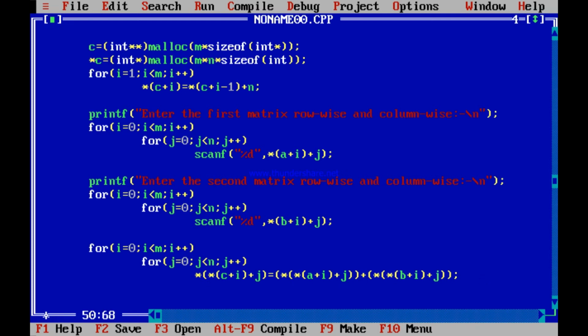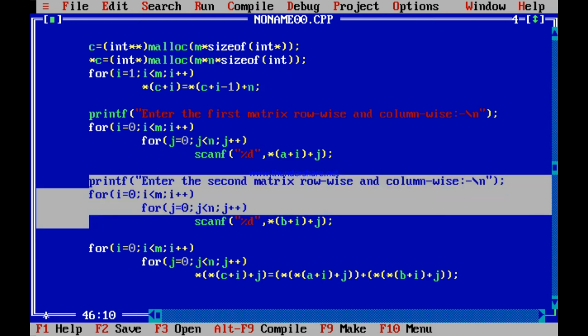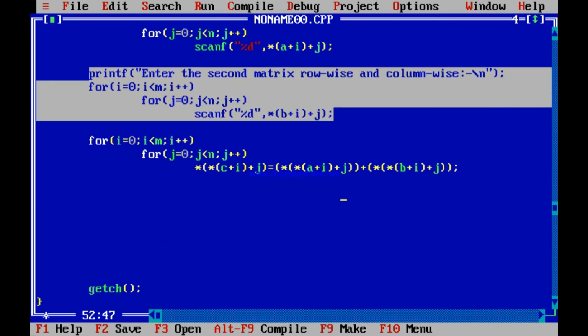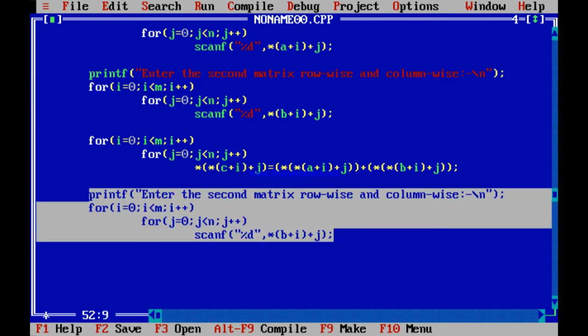Once this is added, now you need to print the array one by one. How do you print the array? Very simple. You say this whole thing will be printed. Now I again copy paste. Copy pasting will help me to type less. See, this printf is not needed.